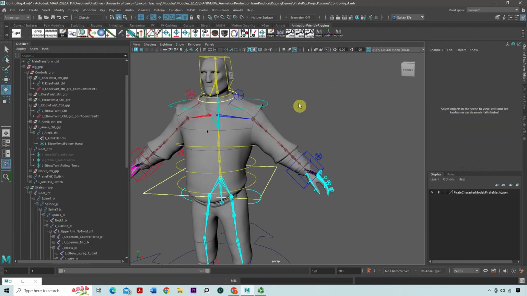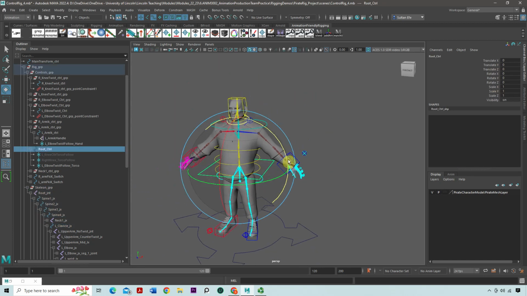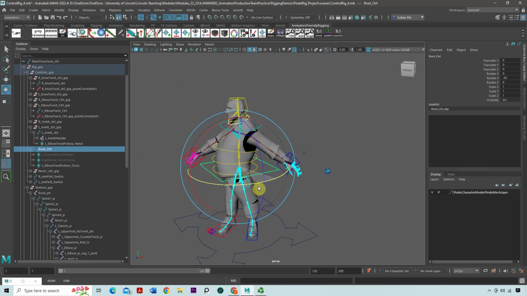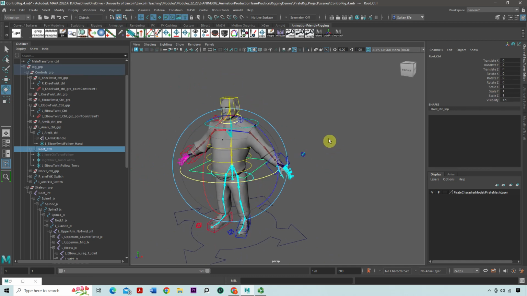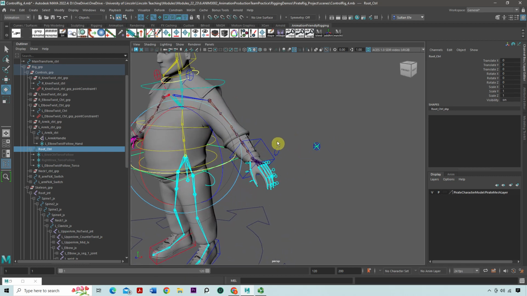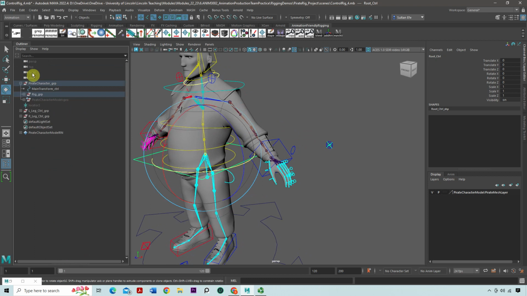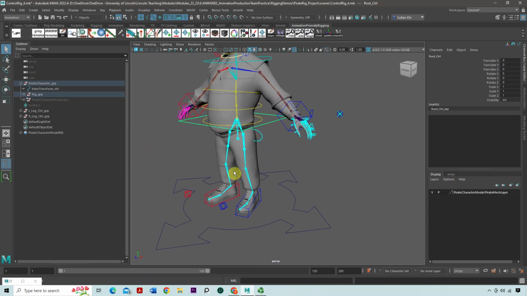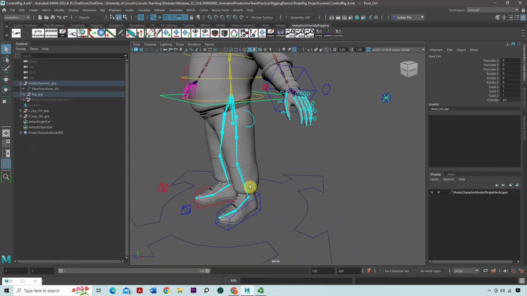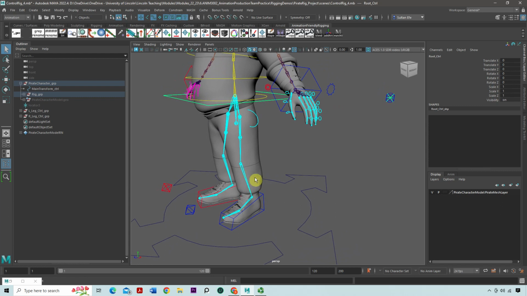It follows it. And let's put it to torso. It follows it too. I'll do that to the other side as well. And the next one is the